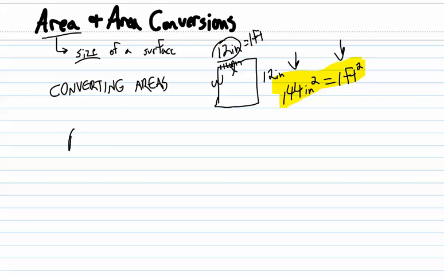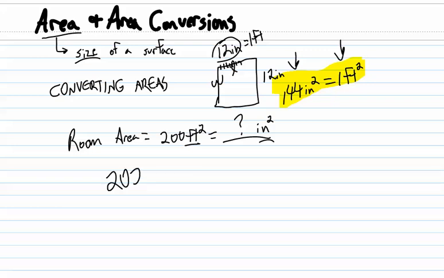So let's say that you're in a room, and the room has an area of, I don't know, 200 feet squared, and I'm asking you to convert and find out how many square inches that is. It's going to be a pretty big number because we're going from feet squared to inches squared, so we're expecting a large number. This is something you've seen before. You write down what you were given, 200 feet squared. You can write it over 1 if you want to. I normally skip that. Then I multiply by a fraction. I want to get rid of square feet, and I want to go to square inches. 1 square foot